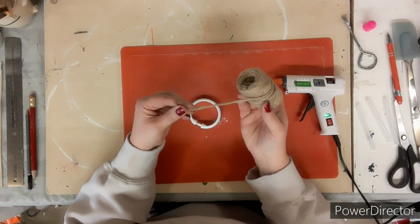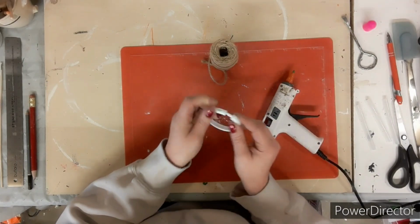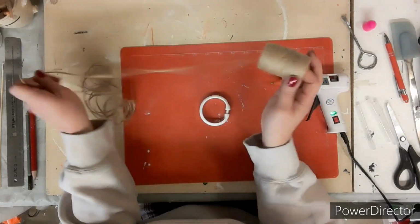I have this round shower curtain ring and some jute cord. First, I'm going to glue that little opening closed. In hindsight, I should have done this at the end, but it's all good. Taking off a bunch of the jute rope,